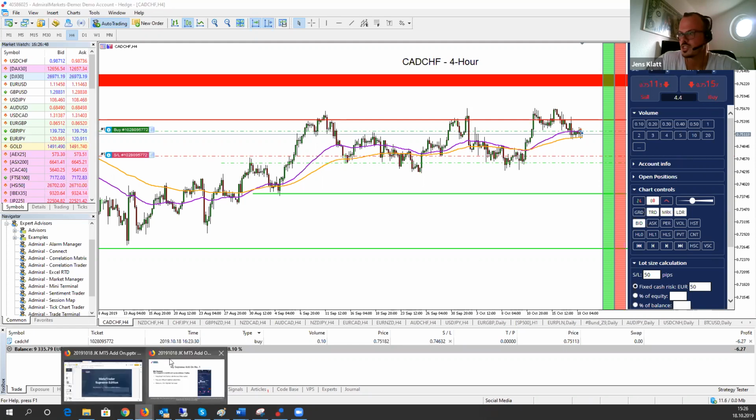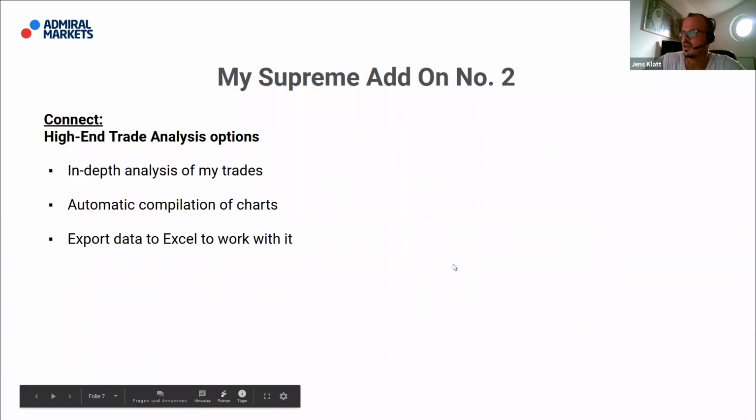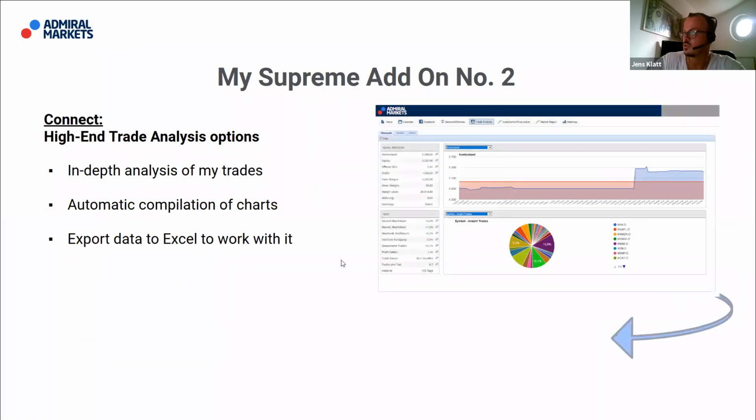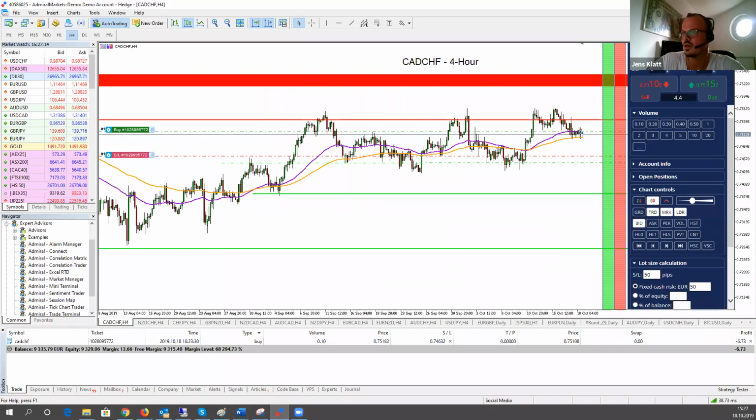So let me just come back now to the Supreme add-on number 2, high-end trade analysis options: in-depth analysis of your trades, automatic compilation of charts, and export of data to Excel to work with them. So you can show it that way, and this is only one function, in fact. So let me just do the same again. Let's go back to the